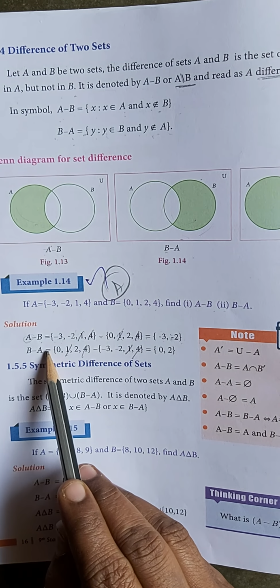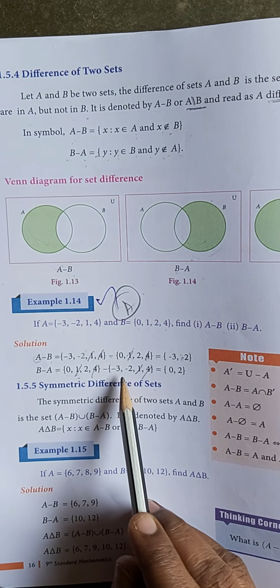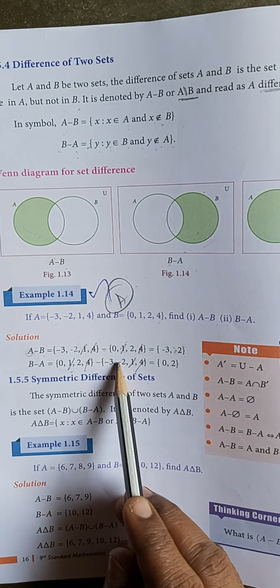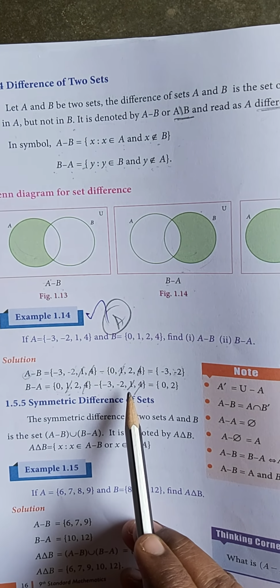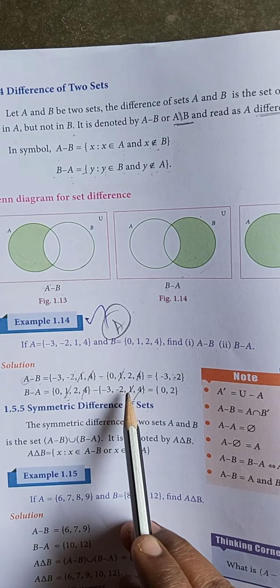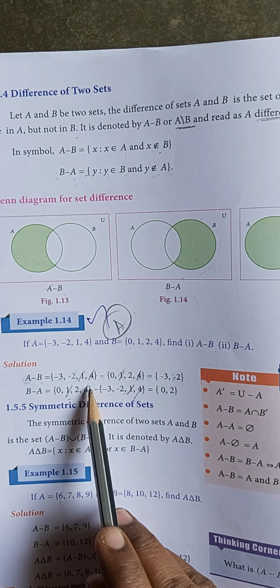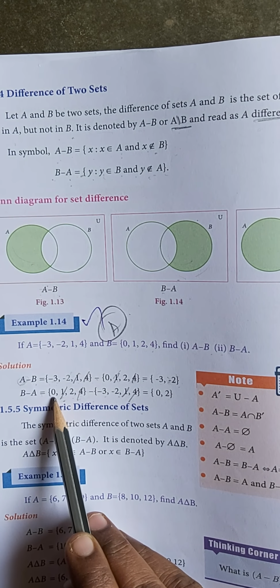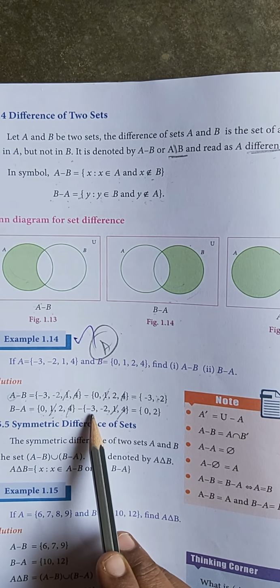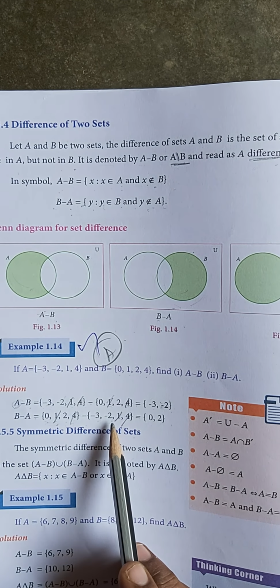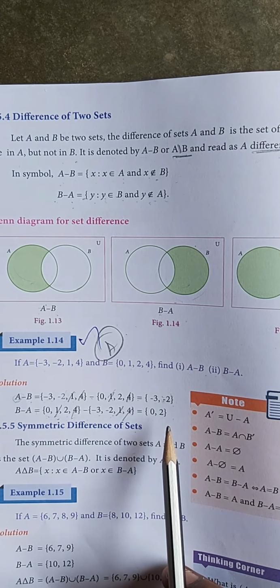Next, B minus A. B minus A means first you write the B set minus the A set. Here 0, here not have. Here 1, here have, so you cancel. Here 2 but here not have 2, only -2, not the same value, so no. Here 4, so cancel. Now what is the balance of the first set? 0, 1 and 2. So here you write 0, 2. Here -3 and -2 are also there, but you don't write them. Understand? That is one day.